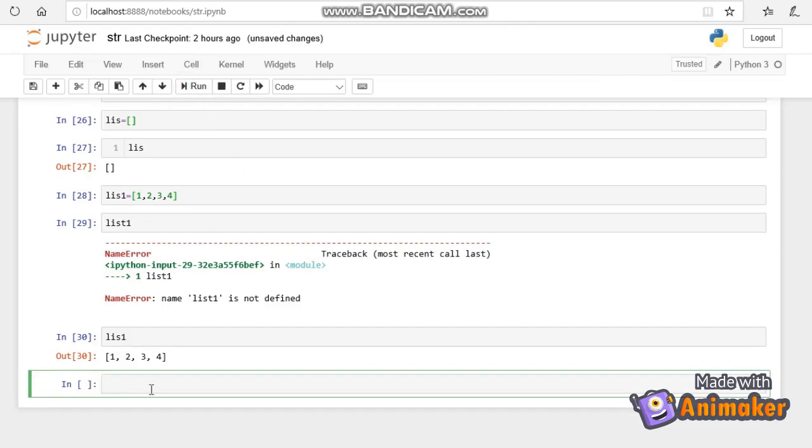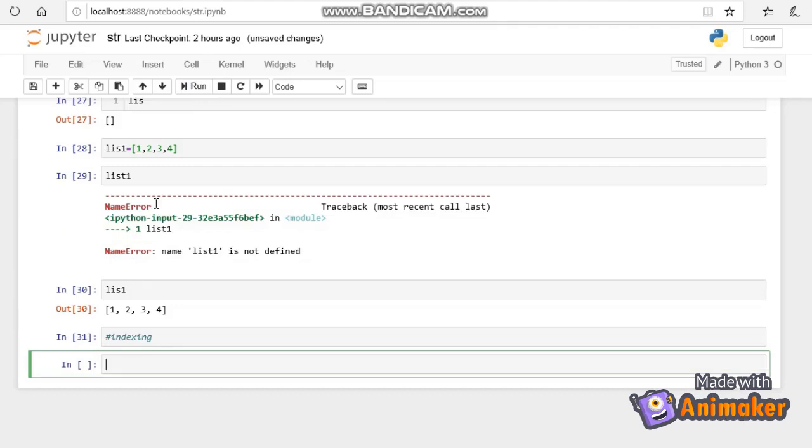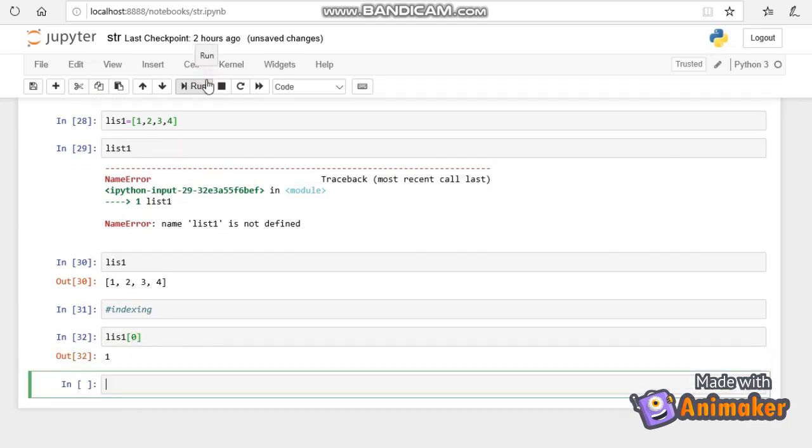The indexing and slicing can also be followed in lists, very similar to strings. Let's do indexing. Let's say list 1 of 0 will get 1.